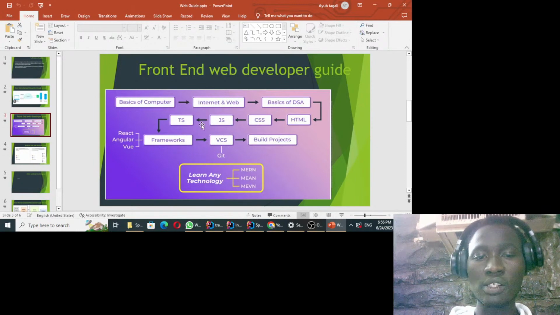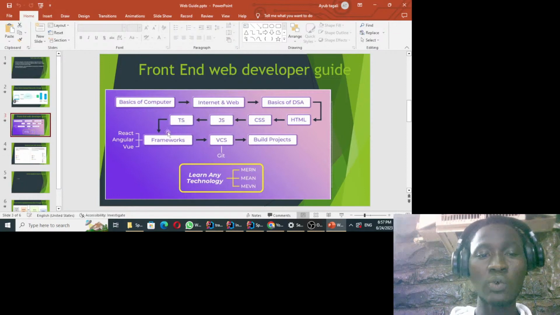But if you want to advance more, then you can also learn TypeScript. TypeScript is just JavaScript, but it is a more strict version of JavaScript. So that, for example, in JavaScript, maybe you don't need to declare a data type for a variable. But with TypeScript, you have to declare the data type of all the variables that you have. And that is why it is called TypeScript, because it is a more strict way of writing the JavaScript code. All right. So either way it is okay.